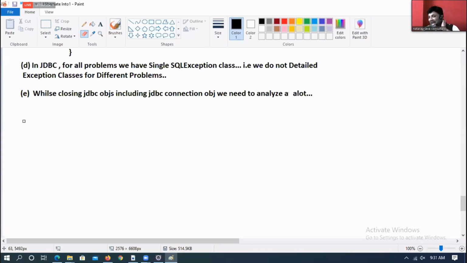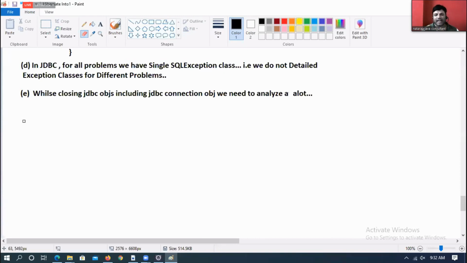Listen, I try to close at the end of the try. In the middle of the try, an exception is raised. Do you think control comes to the end of the try? No. So closing at the end of the try is a wrong thought. Okay, I try to close in the catch blocks, but followed by try, I write one catch block or multiple catch blocks, multiple. So closing in multiple catch blocks is meaningless. Number one, meaningless.